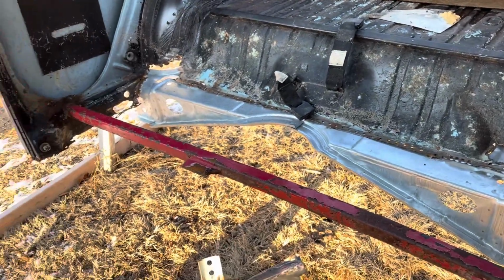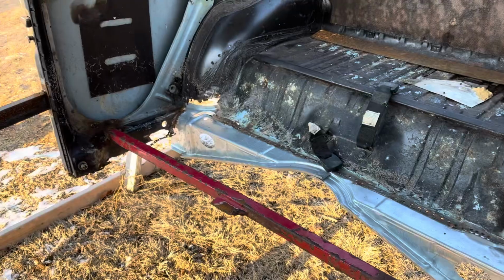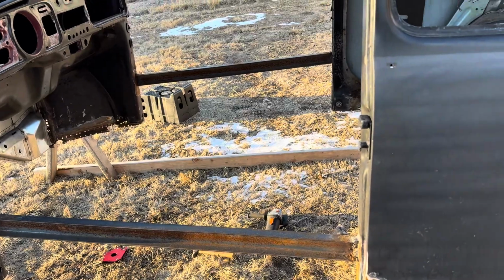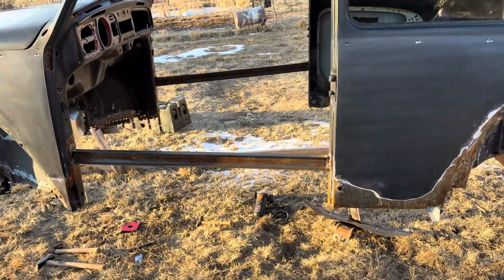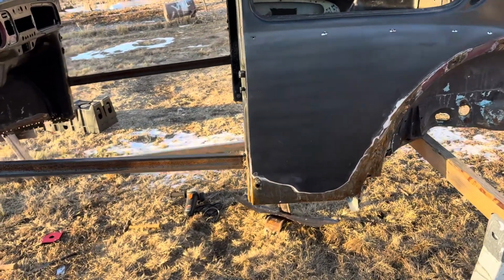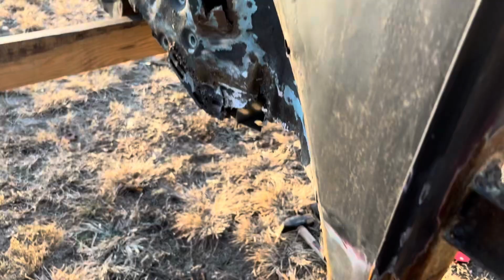So before we cut off the firewalls, I put these braces in between the doors, and I put this brace going across the side. I'm hoping that will be enough to make sure that it doesn't warp and the doors will go right back into place. I mean, it hasn't felt like it could really shift all that much, but I'm told that it can change pretty quickly. So just a little bit of advice: if you're taking out your firewall, again, you're going to have